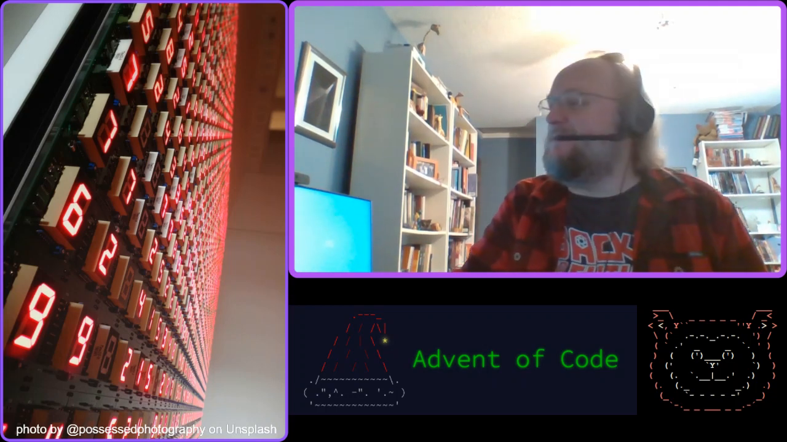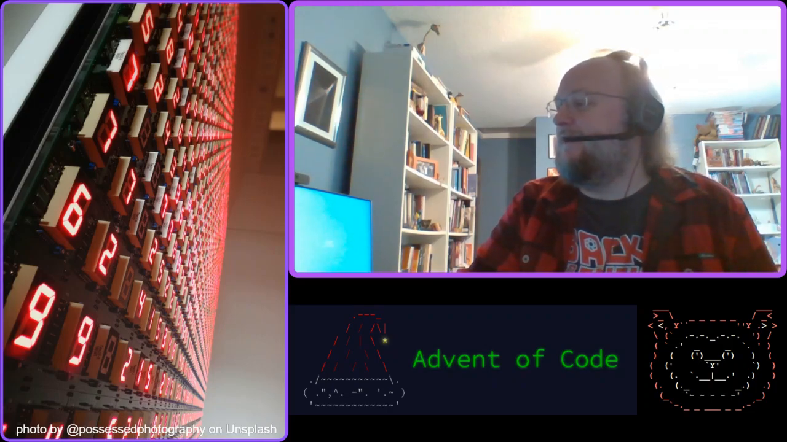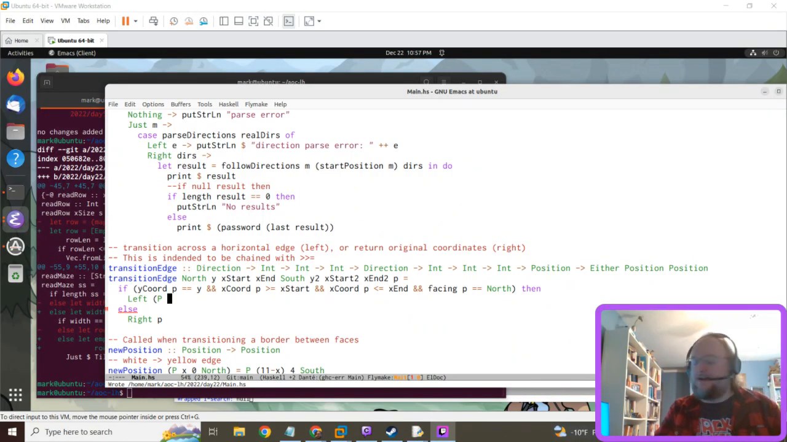Oh, look, Windows is updating. All right. So I'm missing 3 stars so far. One of them was last night's puzzle. I didn't get the cube all set up, but I